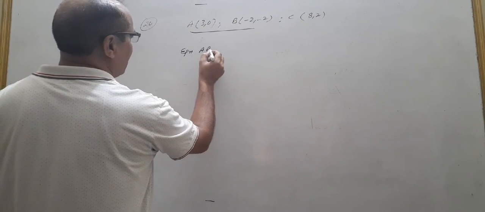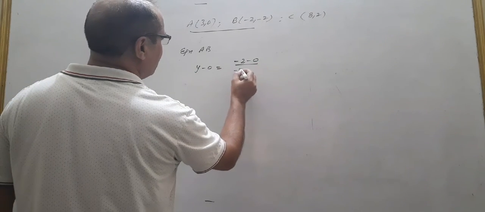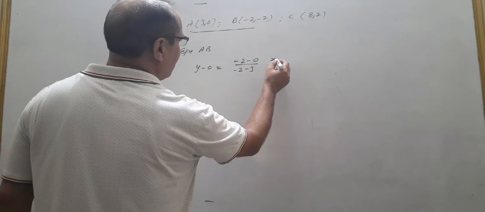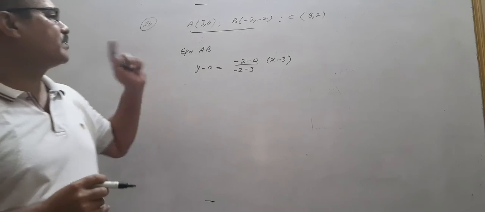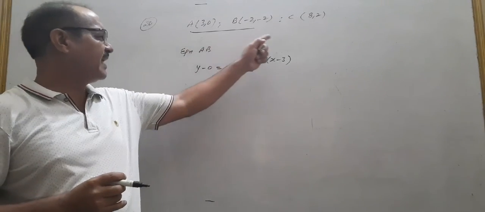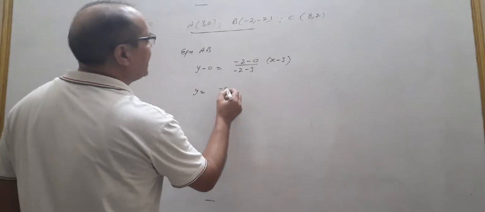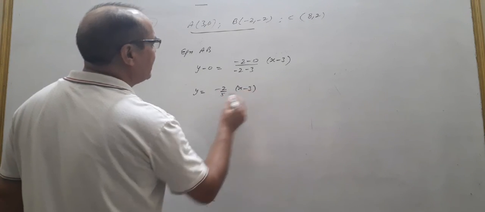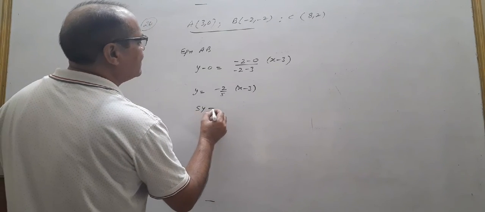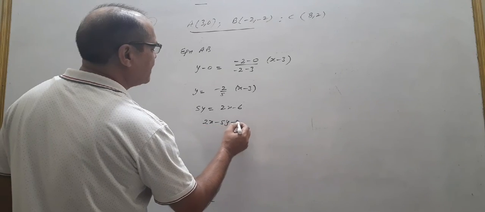आपको equation of AB भी लानी है by 2-point form: y minus y1 is equal to y2 minus y1 upon x2 minus x1 and whole into x minus x1, by using the concept of line, that is the line obtained by joining 2 points. You may use any of the 2 points. I am using first, second; you may use first, third, second, depends upon you. Can be written as minus 2 upon 5, that is equal to 2 by 5 and x minus 3. Therefore on cross multiplying, this will give you 2x minus 6, and rearranging this you will get the equation like this.